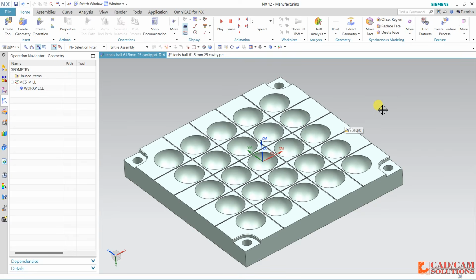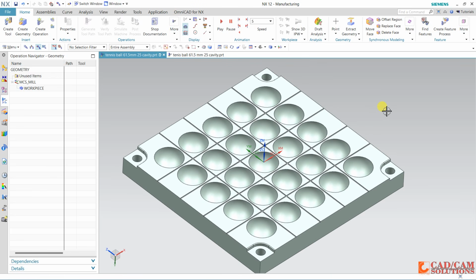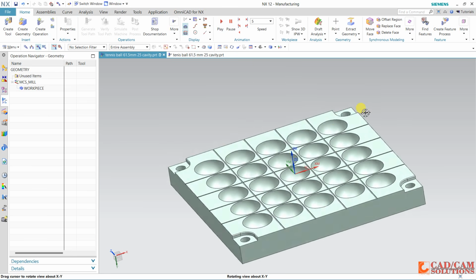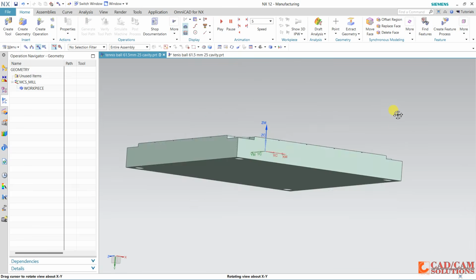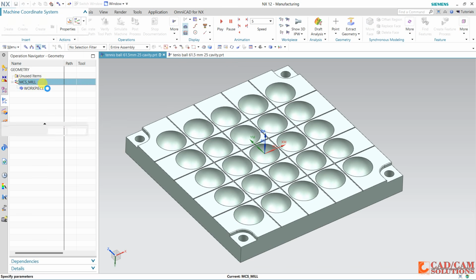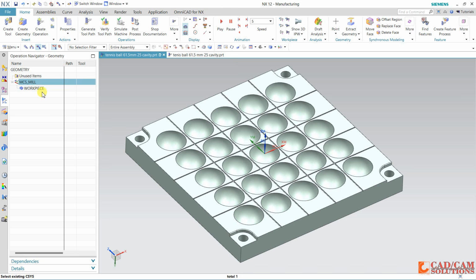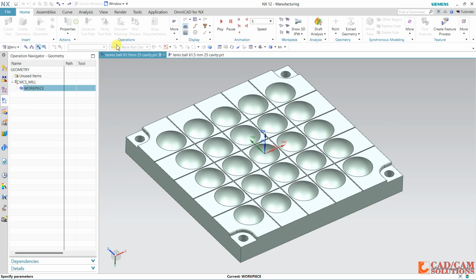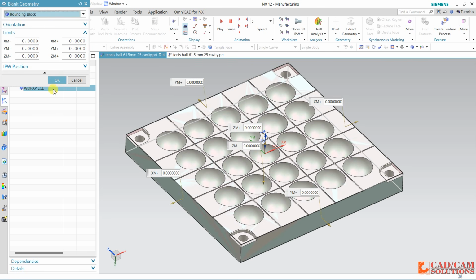So friends, this is Umesh and today we will create this toolpath for this tennis ball which has 25 cavities. So this is the cavity, first plate of cavity. First of all, I double click here and I'm going to define this clearance plane as 5. Now come to this and define the workpiece. So this is my workpiece and blank, I'm selecting this bounding block, right?